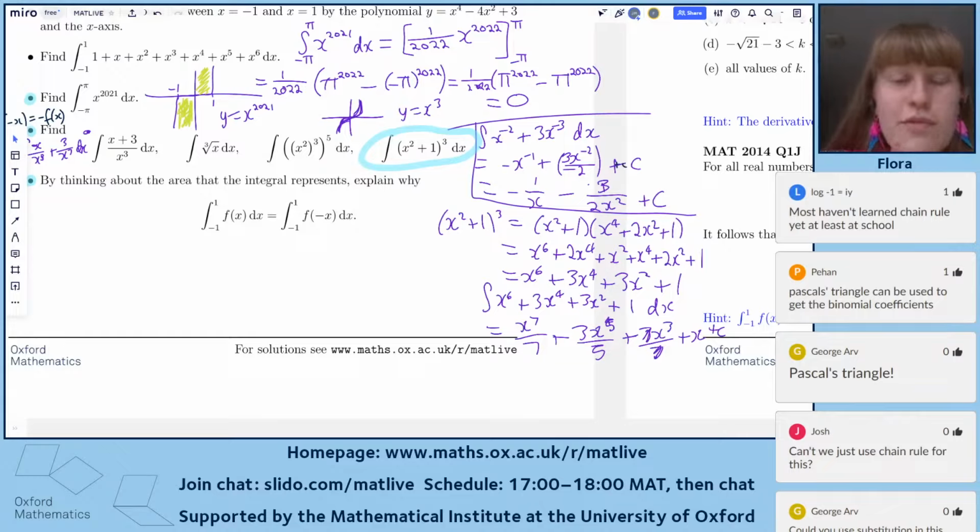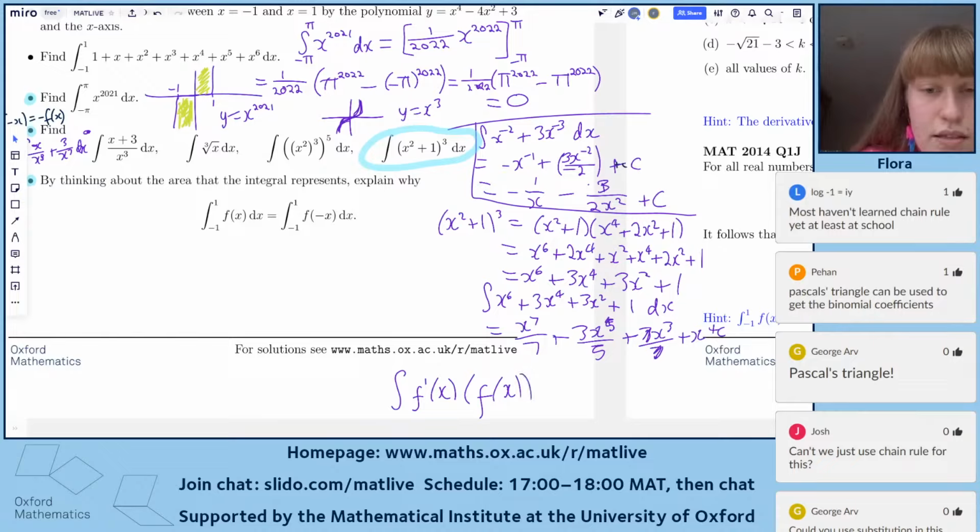But the whole reverse chain rule thing, I don't think would actually work with this one, because when you do reverse chain rule, you have something that looks like f dash of x, and then you have f of x to some power, or